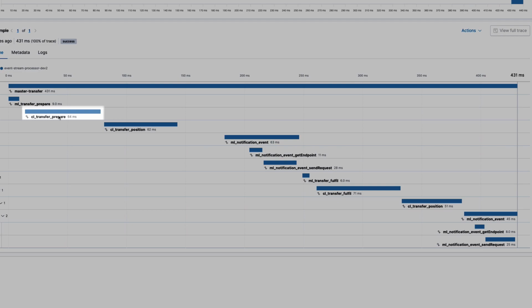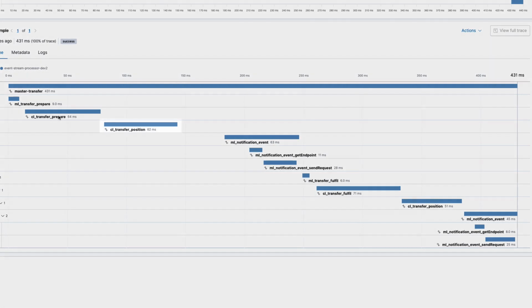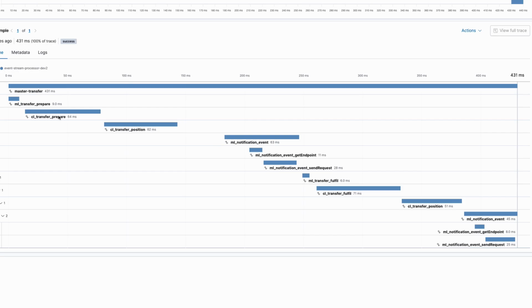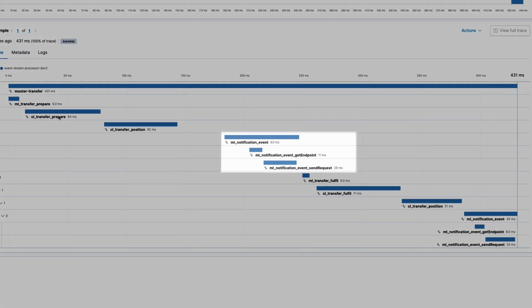This is the central ledger prepare handler component. This will do business validations against the transfer, such as validation checks, as well as ensuring the FSP participants are onboarded on the switch. Once the transfer has been accepted with its state persisted, an event will be published which will be consumed by the central ledger position management component, which will reserve funds for the payer FSP and update their position accordingly. An event will then be consumed by the notification event component as part of the ML API